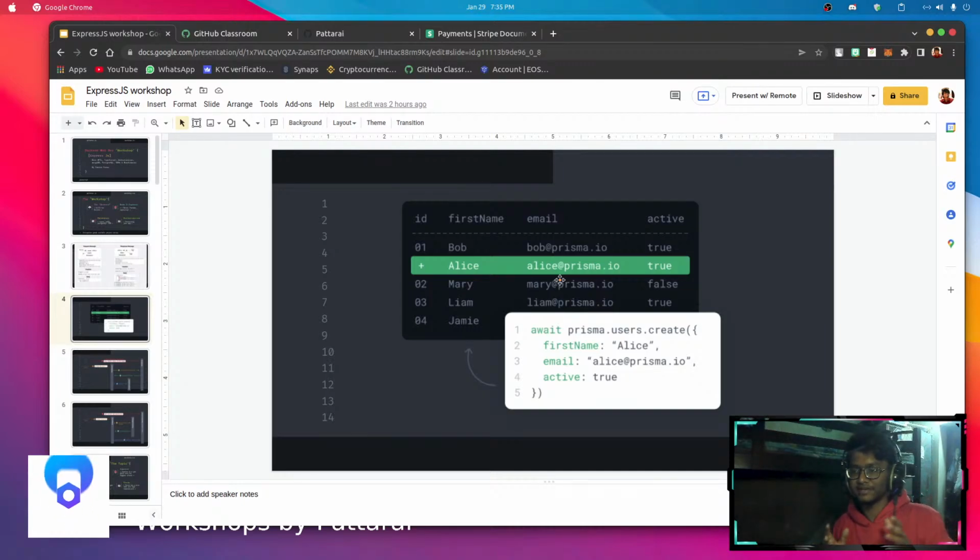And one famous giant in SQL databases is Postgres, right? I think many of you might have heard the name PostgreSQL. This is widely used by enterprise grade companies, it is highly scalable, and it has a lot of other cool features. Rather than just sticking to MySQL, you might as well move to Postgres, because it has JSON support and a few other tips and tricks that you can use to make your development faster. So in today's workshop, we'll be looking at how we can get a Postgres database set up